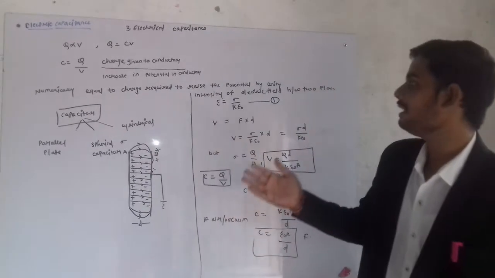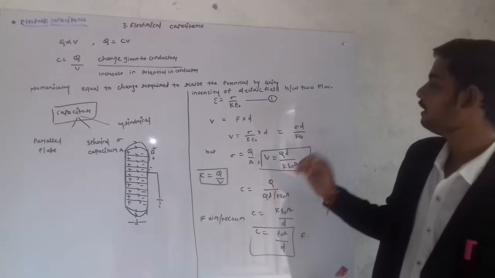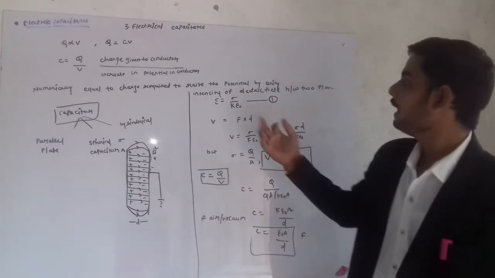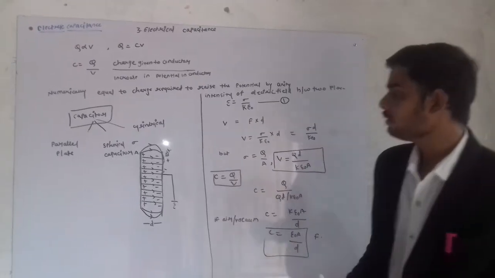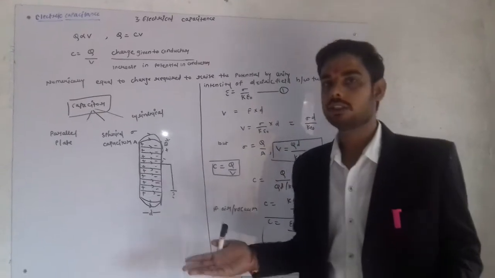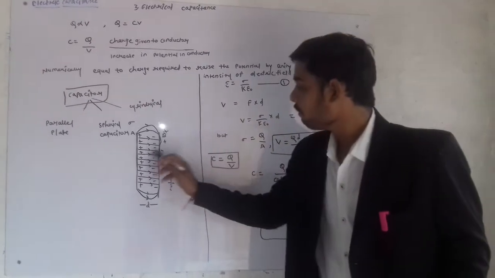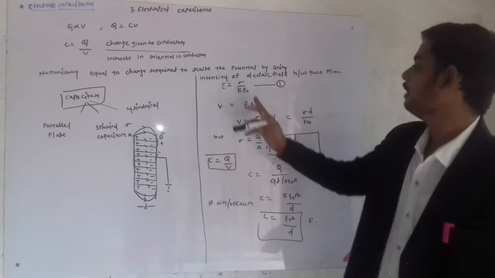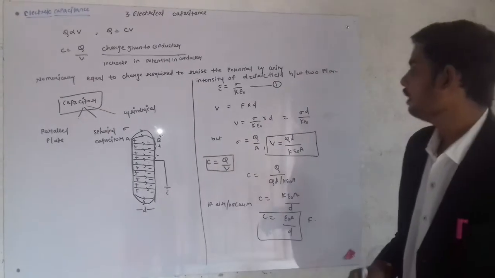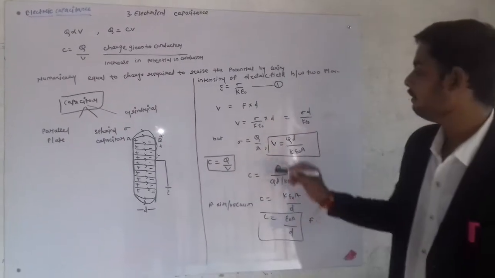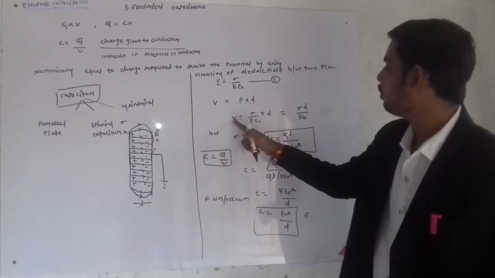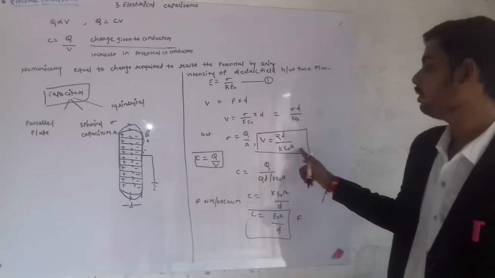We know that we must determine the intensity of the electric field between the two plates. Intensity will be sigma upon k epsilon naught. Also the potential will be force into distance, so V equals sigma upon k epsilon naught into d, where d is the distance between two plates. We know that sigma will be Q upon A. So we put this value and we get V equal to Qd upon k epsilon naught A.